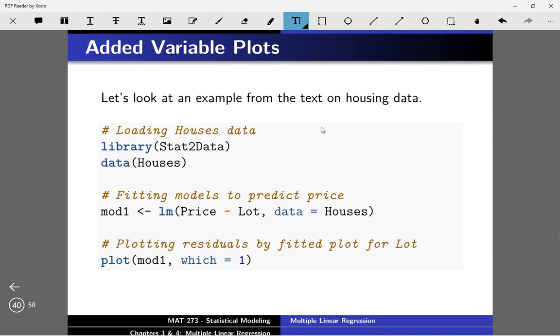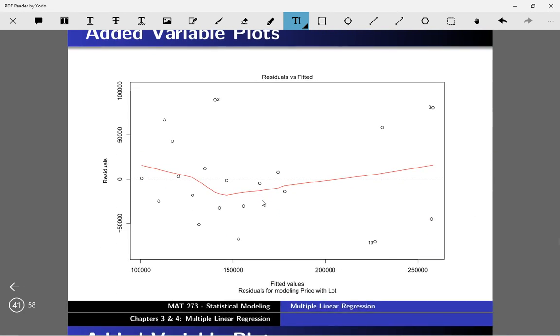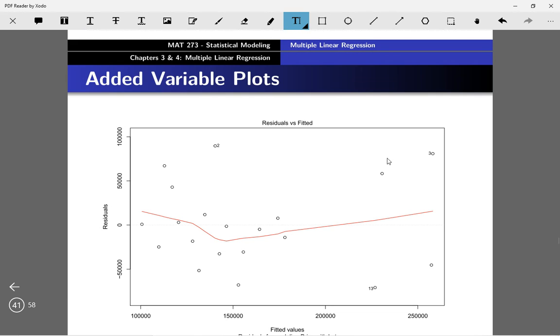So we're going to look at an example from the textbook that contains data on housing prices and different factors that can affect those prices. So loading this from the Stat2 data package, this is called houses, and we're modeling price. The selling price of the house is our response, and the lot size in square feet as our first predictor here. And so we're going to plot the residual by fitted plot. And here we see there's actually a little bit of an apparent pattern in the data, so that's a little